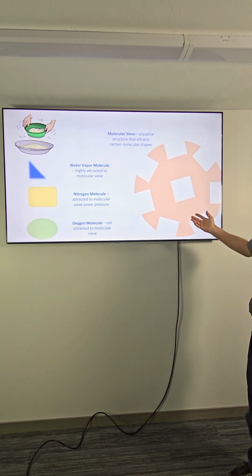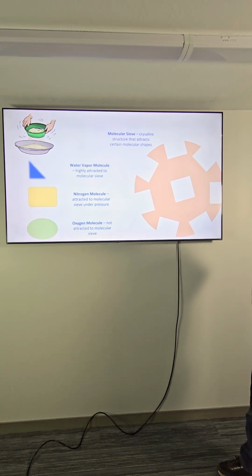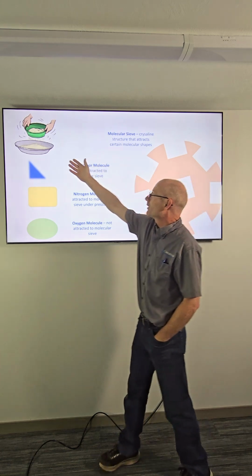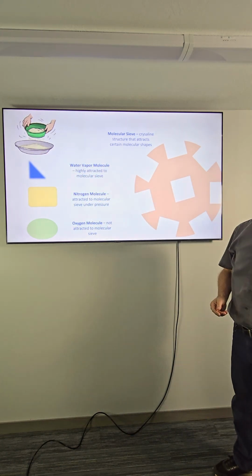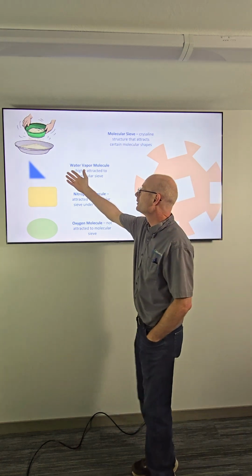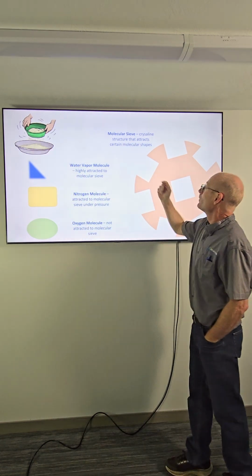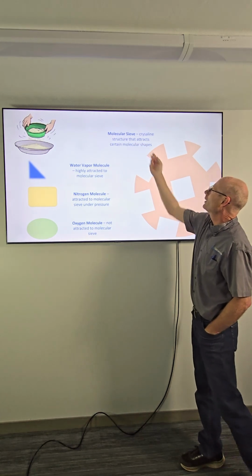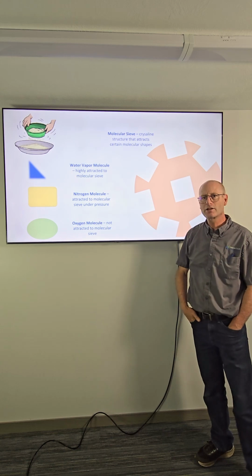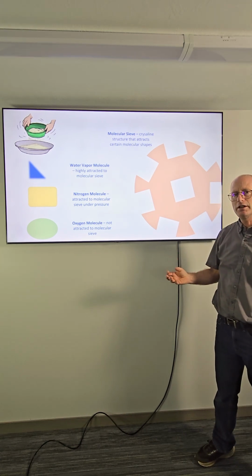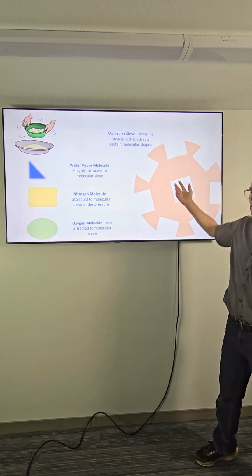So at the heart of it is what we call molecular sieve, and I've got a picture here. You might be familiar with a sieve that you could use to sift out sand. You put some sand with different size rocks in it, you shake it, and you get the fine sand out of it. Molecular sieve is defined as a crystalline structure that attracts certain molecular shapes. So this is really tiny things, the size of molecules. And this is my model